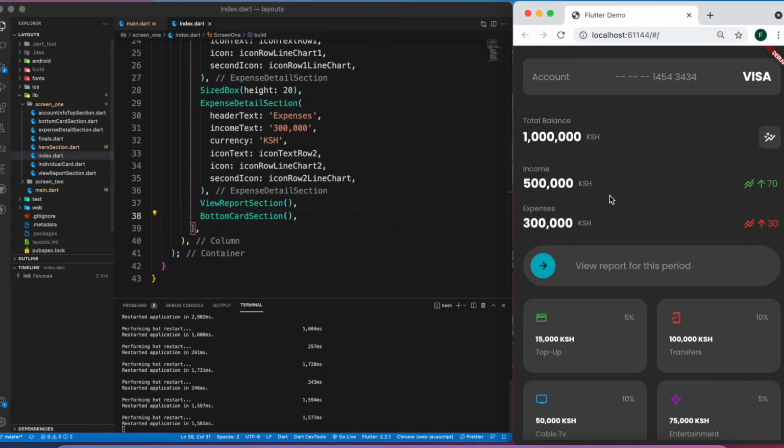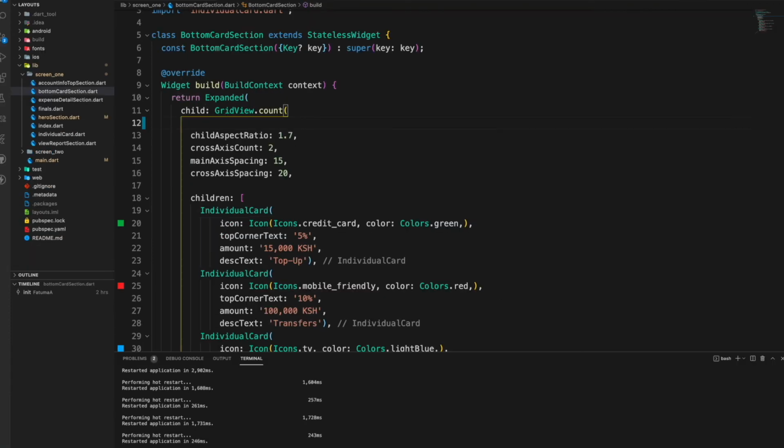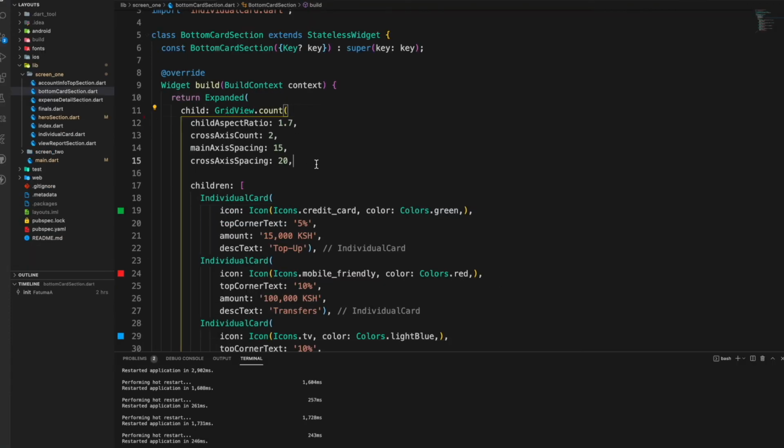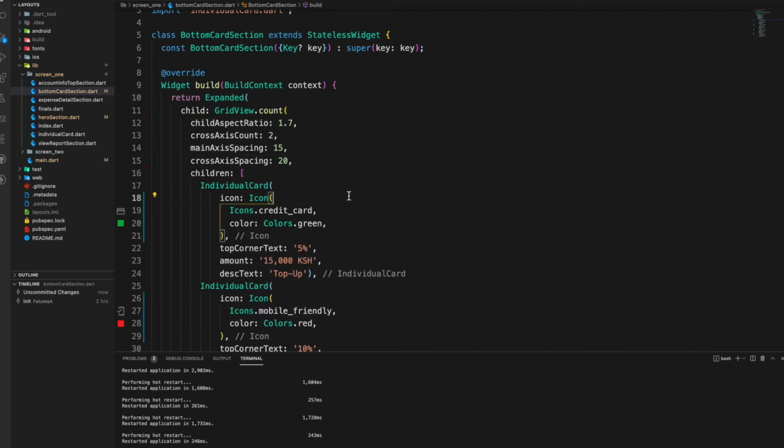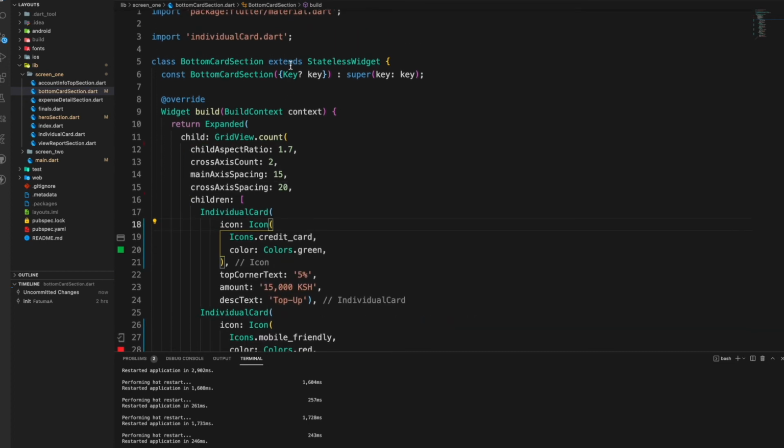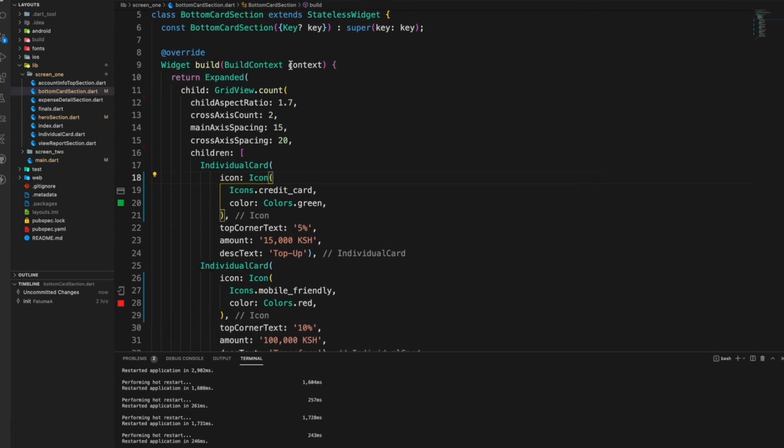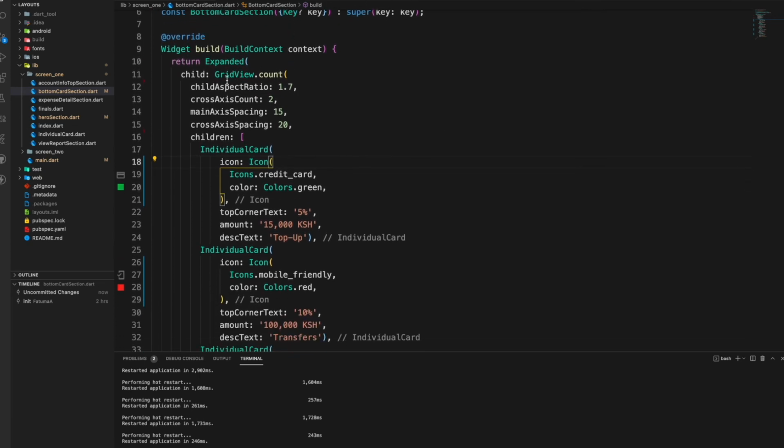This part I found a bit more complicated to implement. So this is the bottom card section, and it has a GridView.count. We've wrapped it in an Expanded so that it doesn't create that needs layout error. That usually means that you are placing a scrollable widget within a column or a row. So for the bottom section of the app, this is a GridView.count that's being wrapped by an Expanded